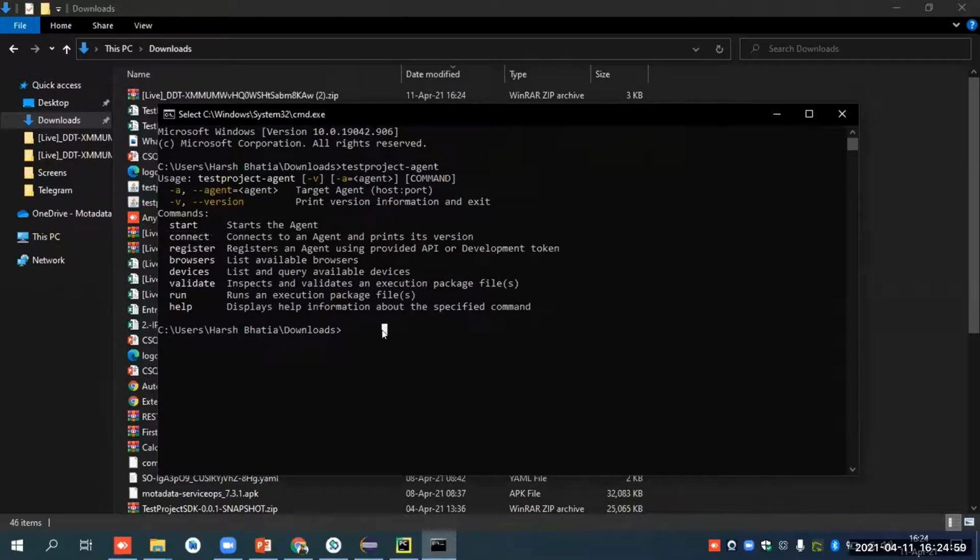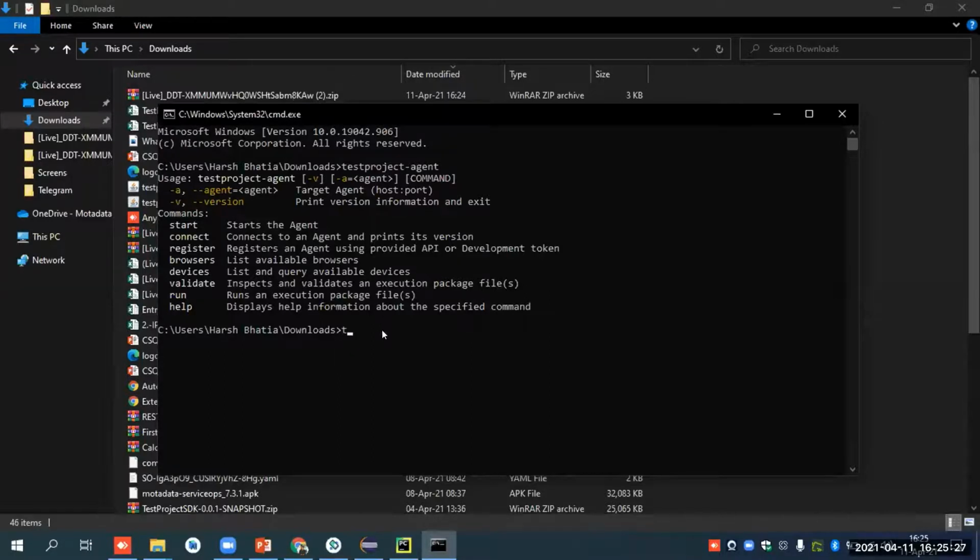So if you don't want to go to TestProject, and you have some system which doesn't have internet, and the application you are testing is available on the local network itself, you can just download an agent, connect to that agent, download an offline file, and execute it.